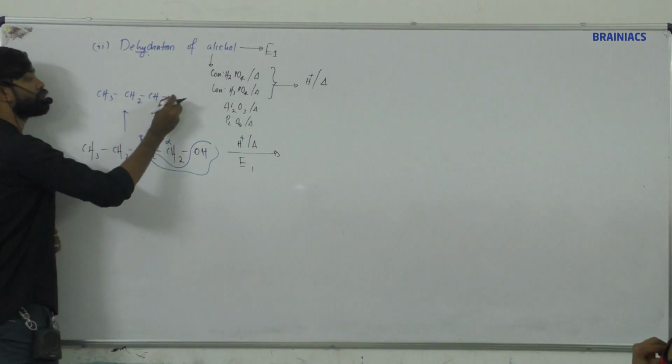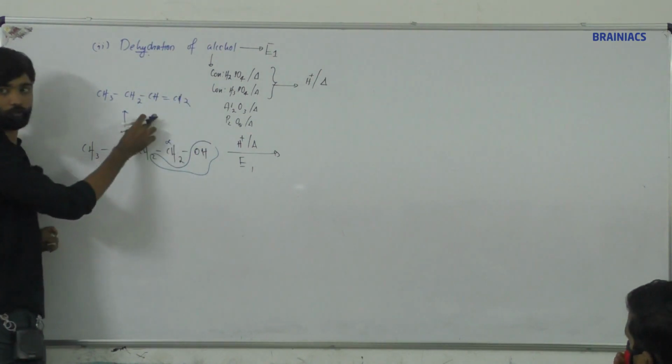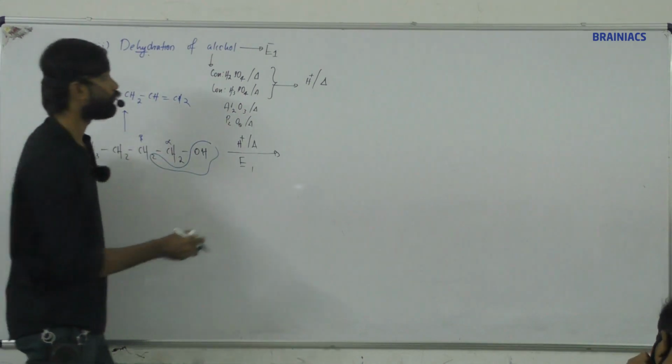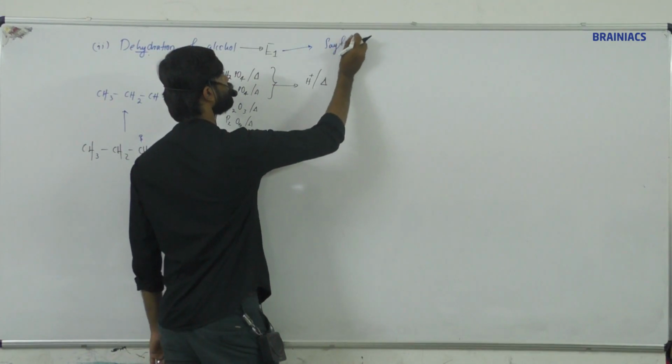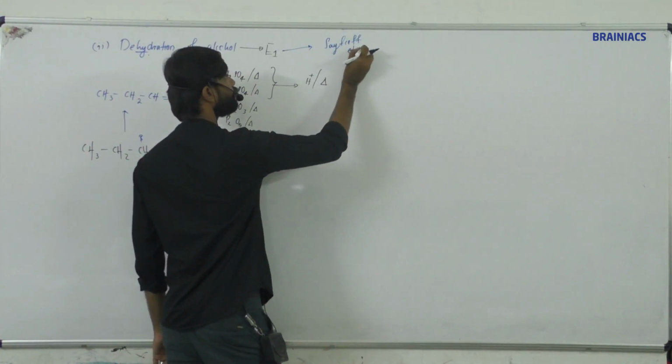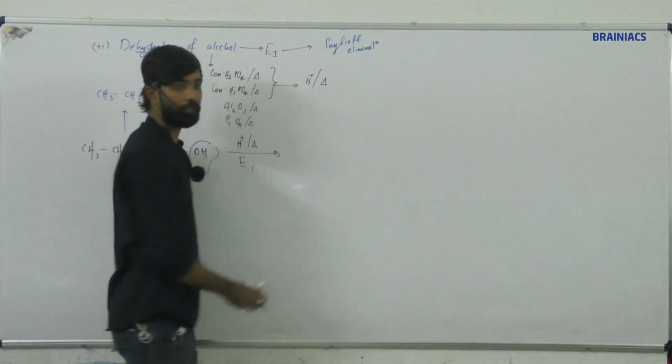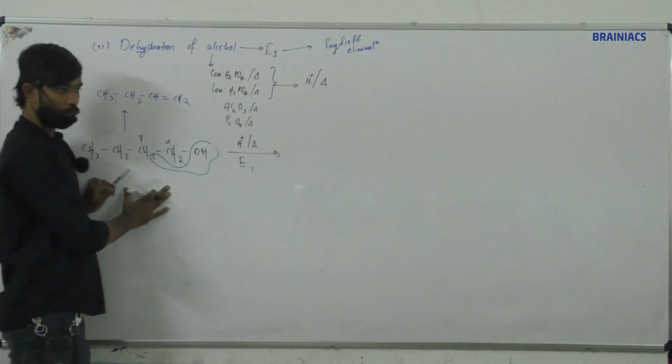This is an elimination just like your dehydrohalogenation, where the E2 mechanism follows. This is an example of E2 elimination. But the very same molecule, if it follows E1,